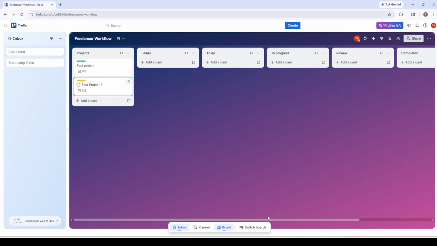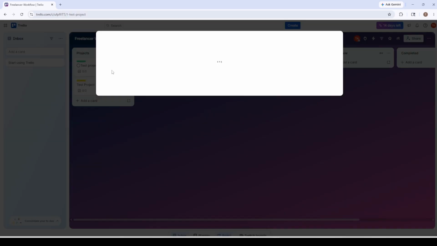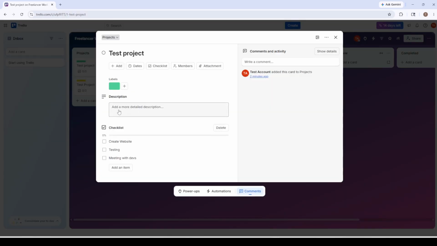Now, use cards for the actual work. Create one card per project, article, design, or deliverable. This keeps each commitment focused and measurable. Inside the card, use the description to capture the brief or objective, then break the work into clear, actionable steps